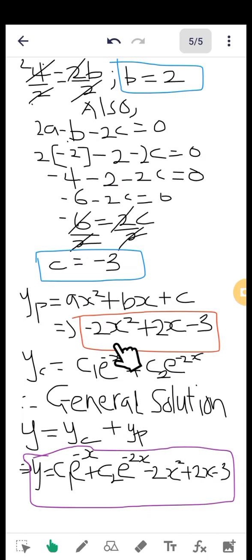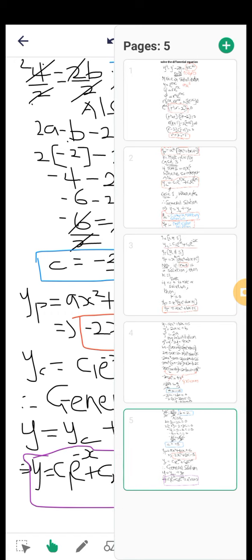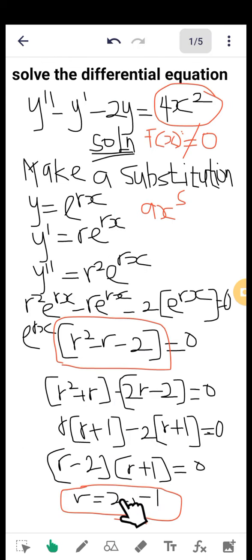My a is minus 2, my b was positive 2, then my c was negative 3. Then after that, my complementary solution from case 1, we know that when the roots are real and distinct from our previous videos,